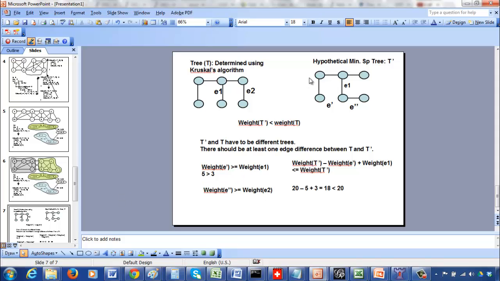By doing the similar thing, we can get rid of this E double prime here and have E2 be part of this tree T prime. And now both the trees are the same, and when we do this edge change like we did earlier, the weight of T prime is only going to reduce further if possible. It's not going to increase at all. So which means the weight of T prime